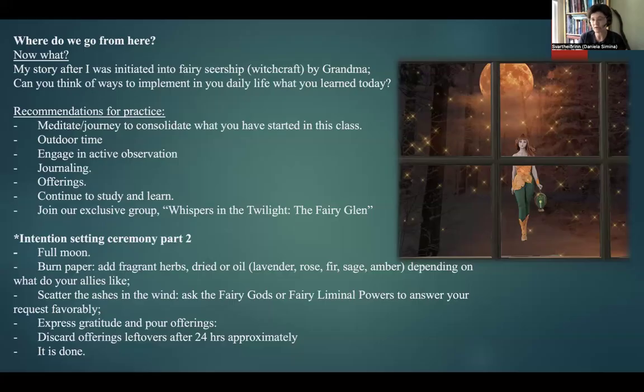Nothing's happening. And she's like, what do you want to happen? That's when you start working. So nothing's going to happen until you start working, and working means you're going to see what is expected from you. There will be times when nobody from the fairy realm will pay any attention to you